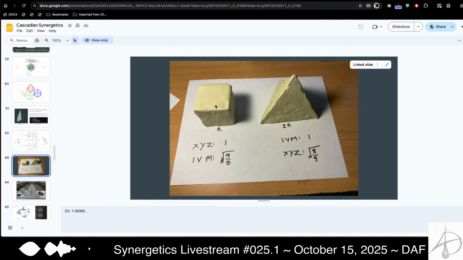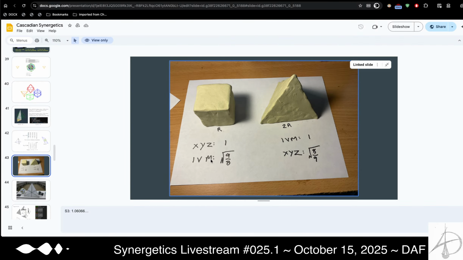Here's one way to think about, again, this kind of duck-rabbit situation with a tet and the cube. So here's a cube with edge r. Here's a tet with edge 2r, because r is the radius of the closest packed sphere. And in the cube, the XYZ volume is 1. Again, that's kind of the XYZ water we swim in. 1 edge length, 1 to the 3rd power stays as 1.